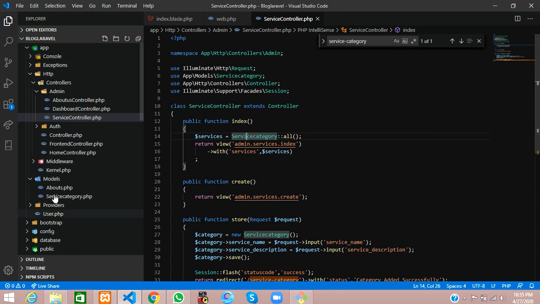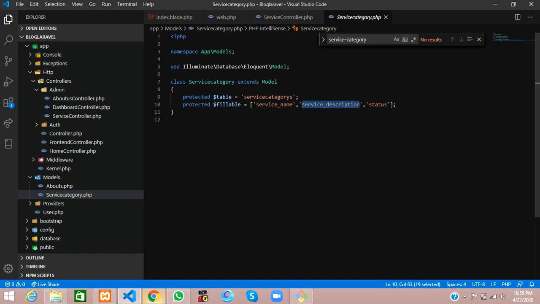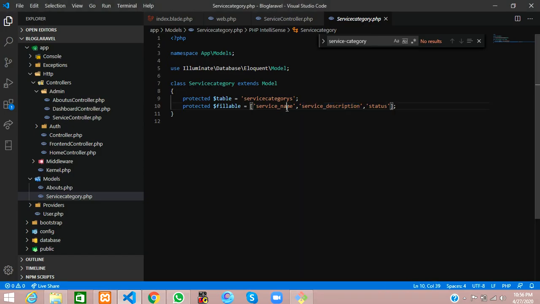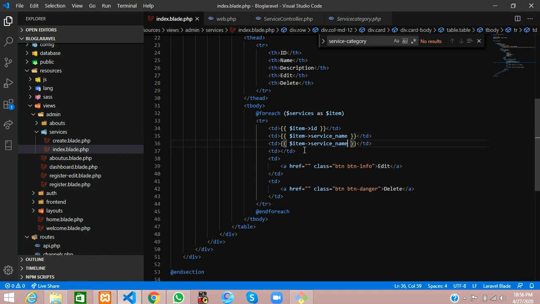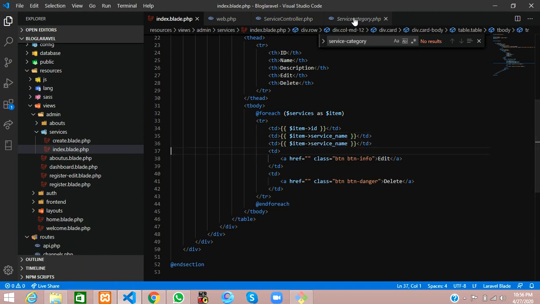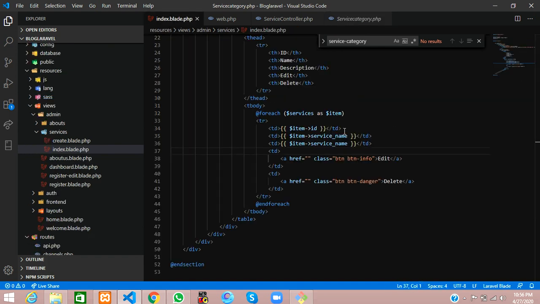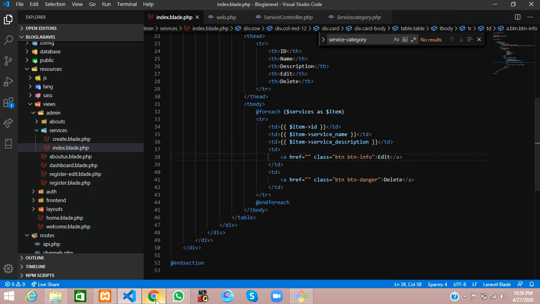This is the service name, service description. You can copy from here, or copy the column names from your database. I will copy from here, Control C, and paste with Control V. Again copy and paste it for the description. That's it. Let me view the details.